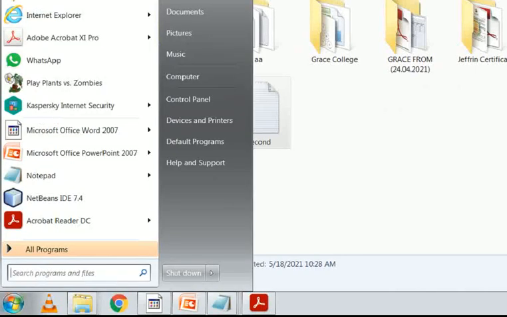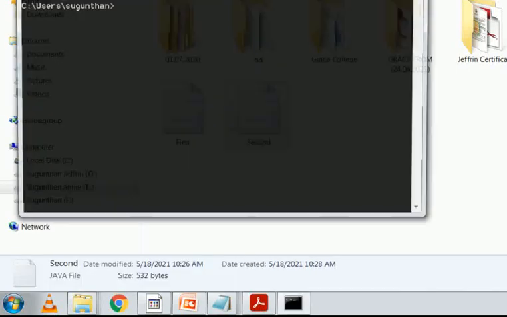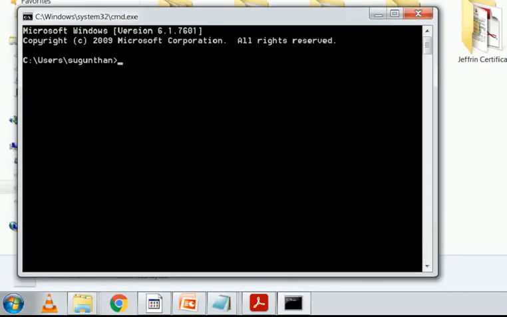Click start, open the command prompt. It is opened. cd /E: We want to set the path. Set path equals double quotes.